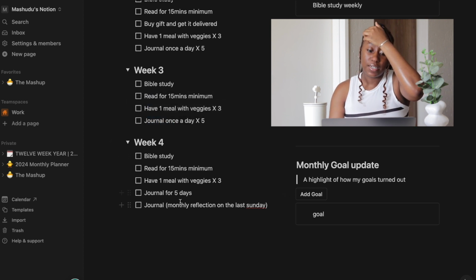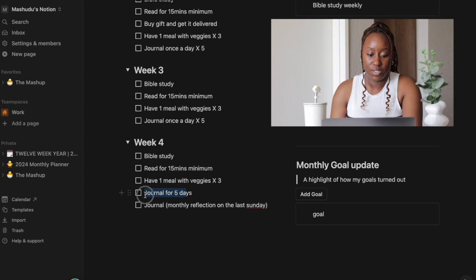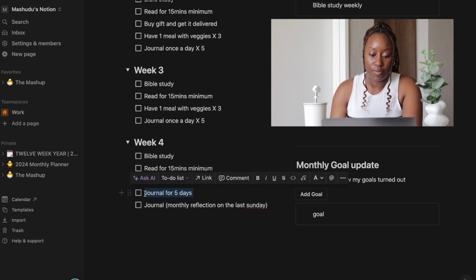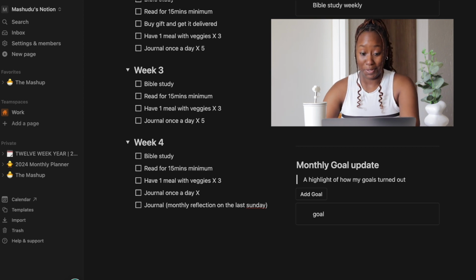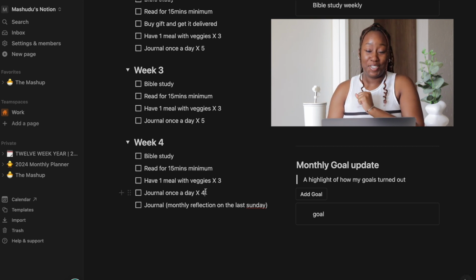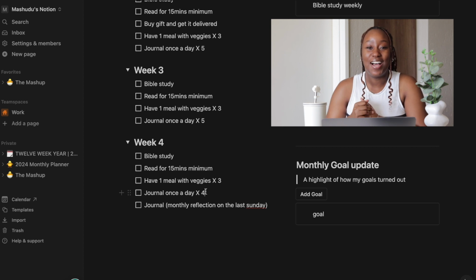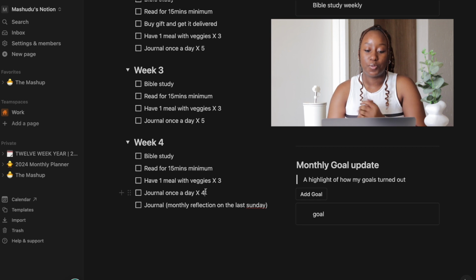Actually, this week I have to write it x4, because I don't have that much to say. So I'm gonna write journal x4 on the last week, because the last journaling prompt is basically reflecting on the month. So that's already sorted and taken. Hence I'm gonna write x4.